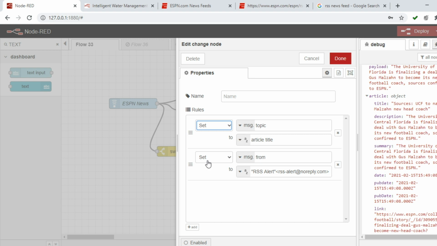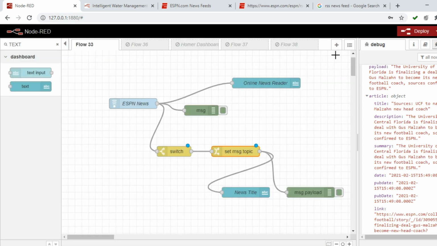So we can go with this first option itself. I'll delete this one in order to give a clear picture. So click done. I'm going to select this, message topic and article as title. Then click done. So that's all.